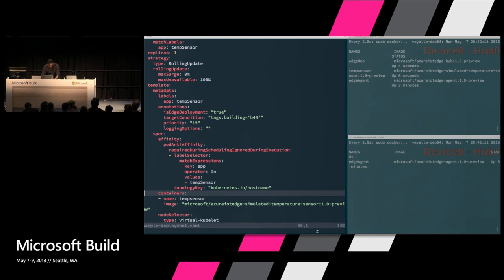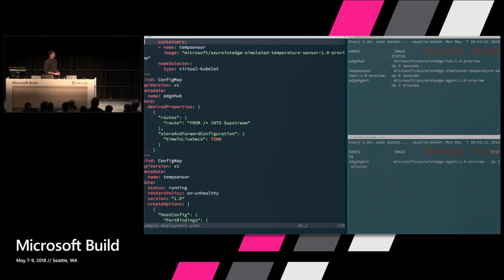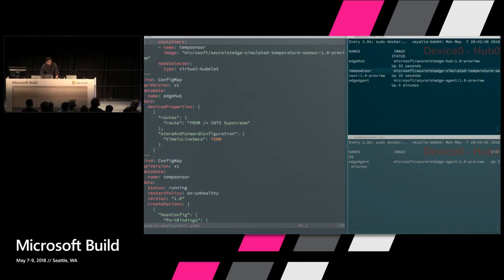But finally, if you look at the containers, these are the containers that you actually want to run on this device. So here, we talked about the simulated temperature sensor. This is how it looks. This Microsoft/IoT Edge simulated temperature sensor is a container image. We say this is what we want to run on the edge. And we map the desired properties, again, that Ajman talked about, into the config map. And if you see on the right here, the temp sensor module has immediately shown up on the edge device,